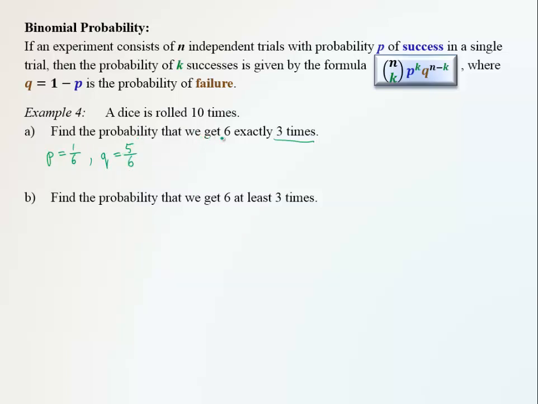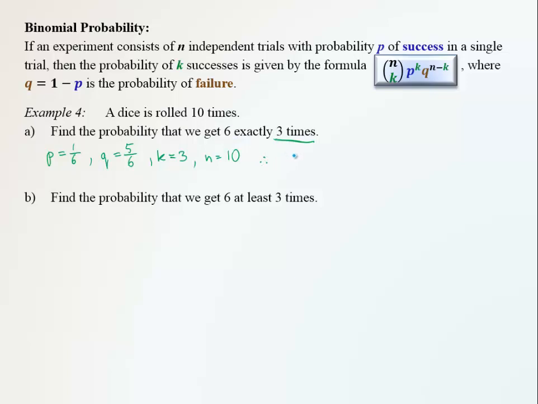To get this result exactly 3 times, we want the number of successes to be 3. So the k is 3. The number of overall trials that we use is 10. We roll the dice 10 times. Therefore, the probability of getting 6 exactly 3 times out of these